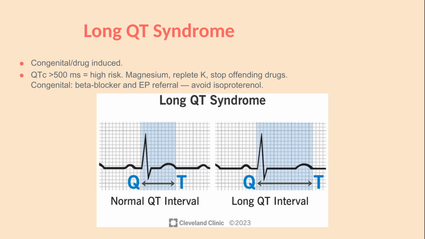Give magnesium, replete potassium toward high normal, and stop every offending drug, which means actually reading the medication list line by line. For congenital disease, beta blockade is the long-term backbone, and catecholamine infusions like isoproterenol should be avoided. That distinction from acquired pause-dependent disease is a favorite examination point. Symptomatic patients, those with syncope, documented arrhythmia, or a markedly prolonged interval, stay on a monitor and get cardiology involved